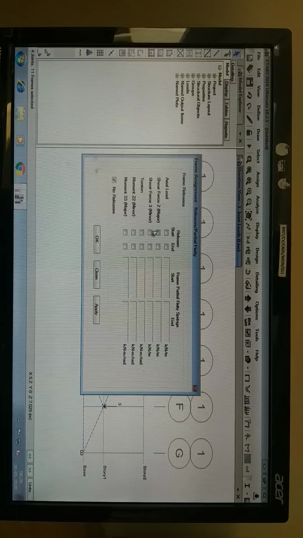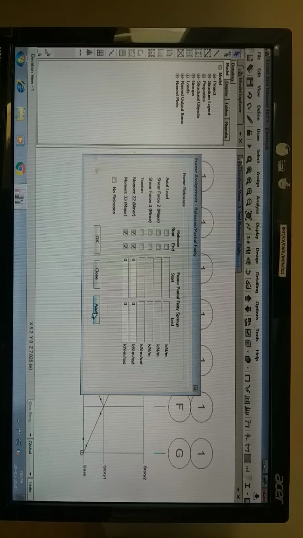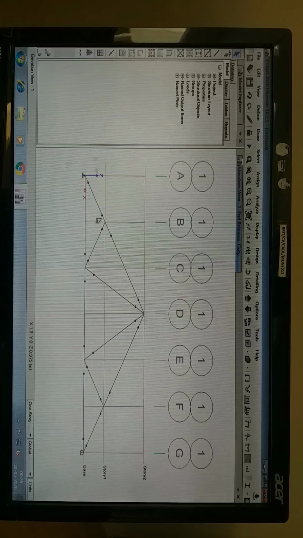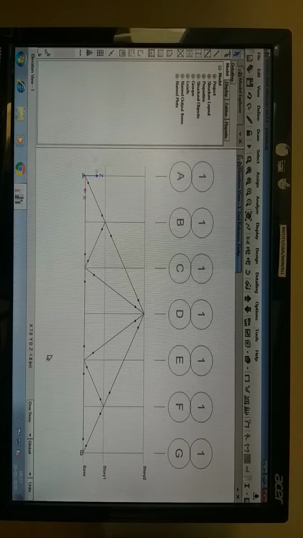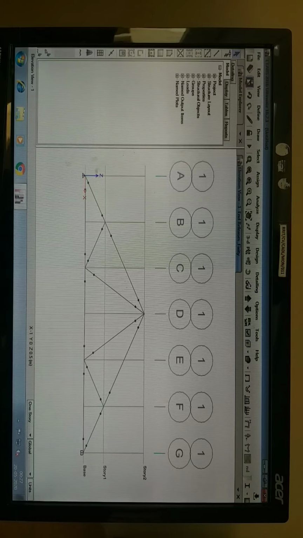So click on what we require to release, it is moments, so click on moments, apply, okay. So now you can see the members are going to be axial members. So after this, save the model.